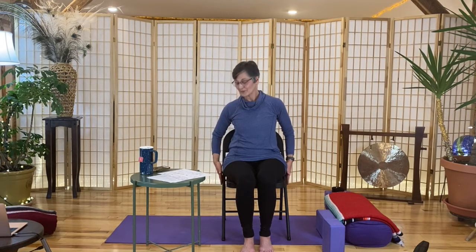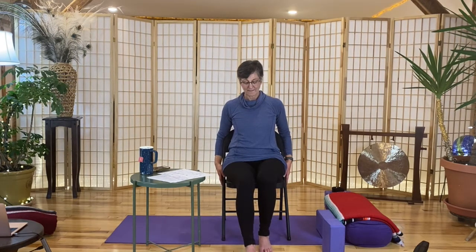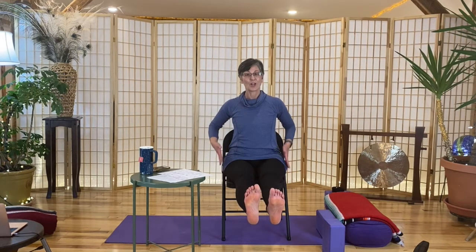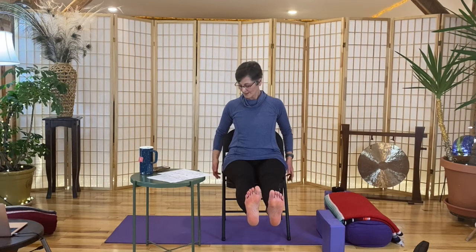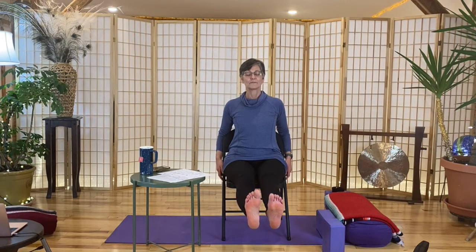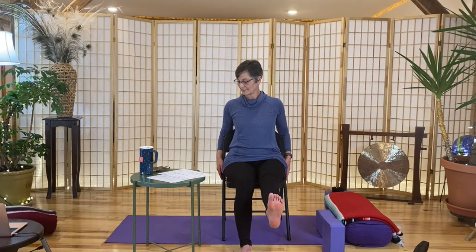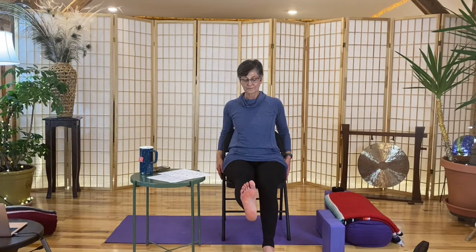Letting the hands rest here on the chair. You can extend both feet forward here, as long as you're feeling secure in your chair. You're not pulling with your hands here. These are just here as guideposts. And you can always just do this again one at a time. So release those feet down